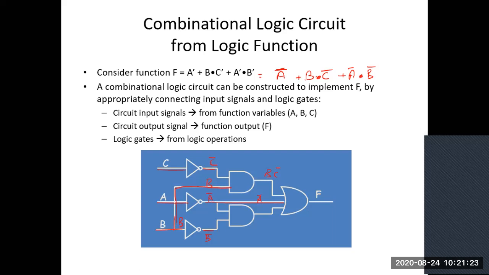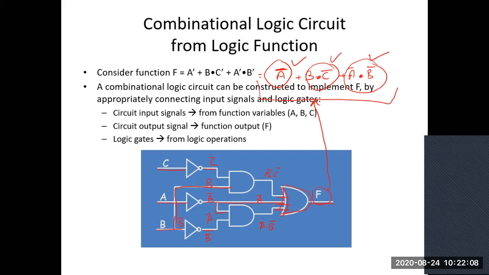No, no, that is okay. B dot C bar is already implemented. A bar dot B bar: so this is B bar, and this A bar I am getting here as A bar, and this is A bar B bar. And after these things, I want to add these three things, or I want to do OR logic operation on these 1, 2, and 3 things. So in this case, I have used one OR gate having 3 inputs. So this is one input, second input, and third input, and my final F is this function.